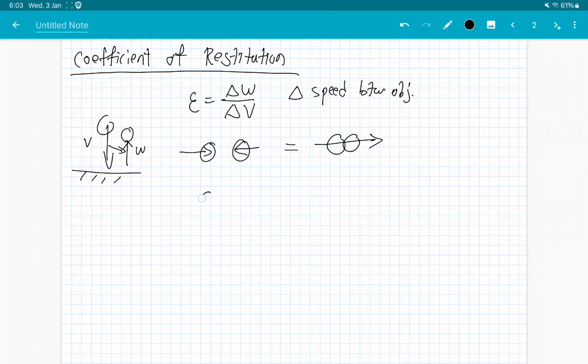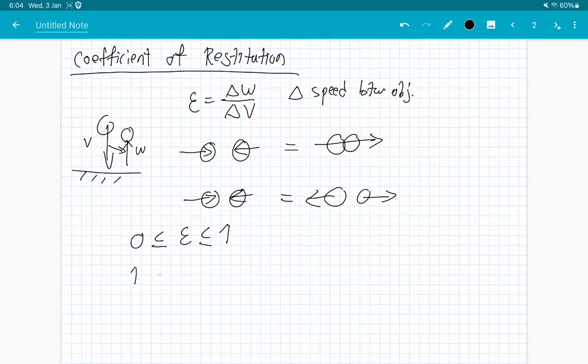And the second one is that you have two objects, they collide, and then they go at their individual speeds. And the way we usually know this is that the coefficient of restitution in the formula is always like this, given that